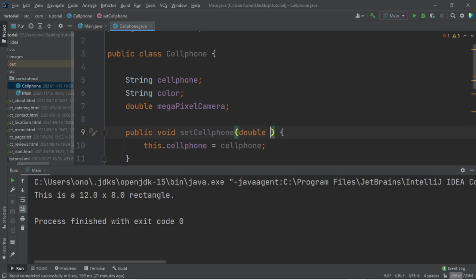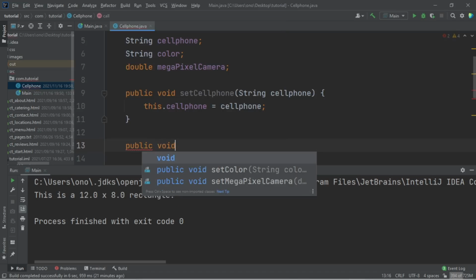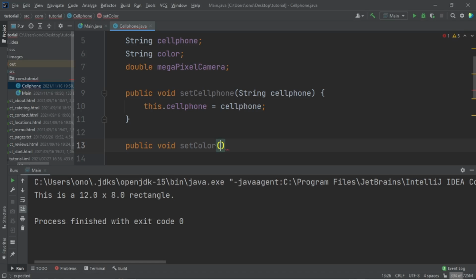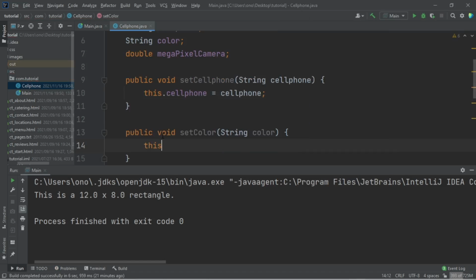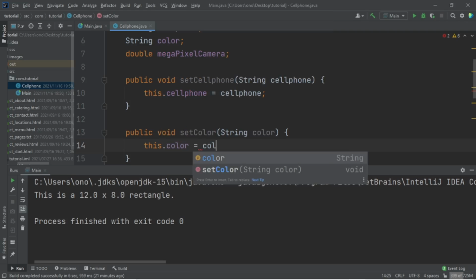So we'll say string cell phone, and we'll do the same for color. We'll set the color to color. This dot color is equal to color,